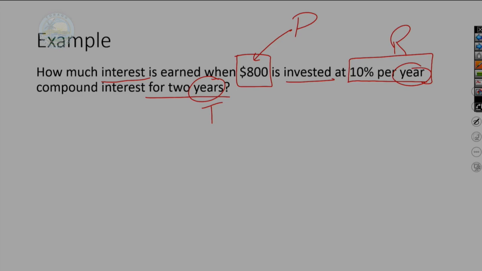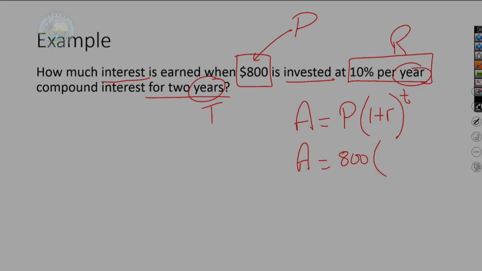So it means that we have to find the amount first. First thing to do, let's write down our formula. Amount is the principal times (1 plus the rate), close brackets, to the power of the time. Now let's substitute our values. We don't know the amount, so we just write back the letter. Do we know the principal? Well, yeah, we do. So that's 800